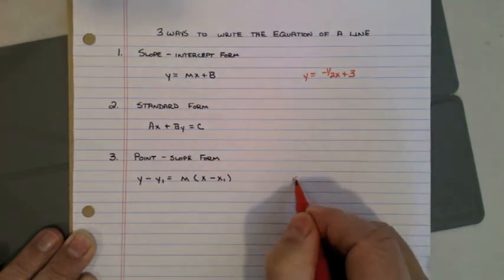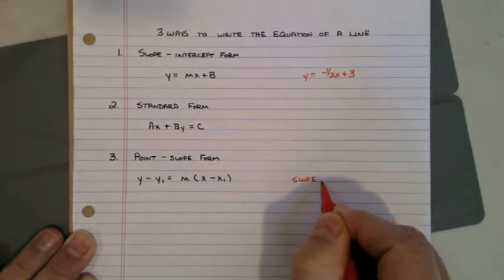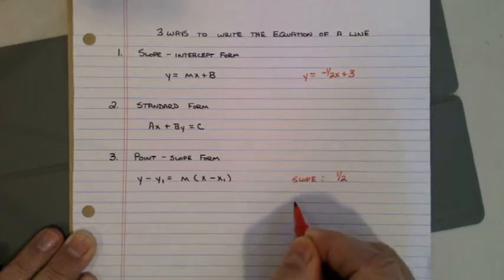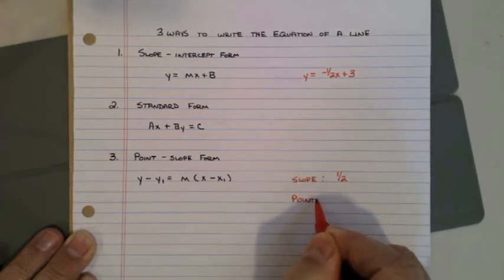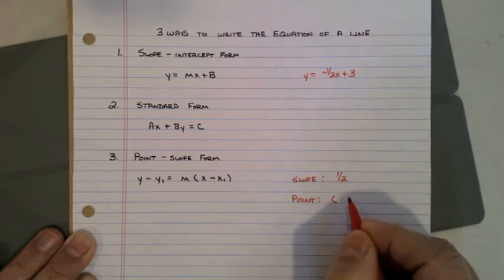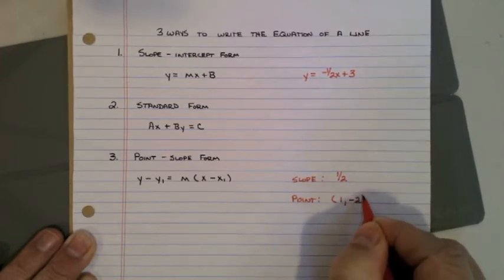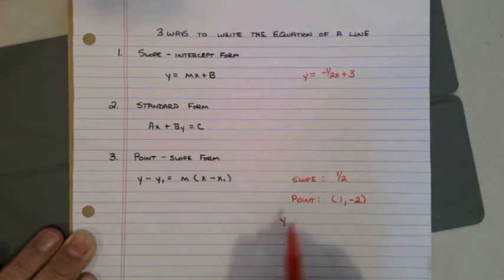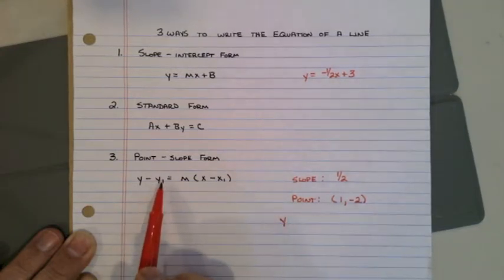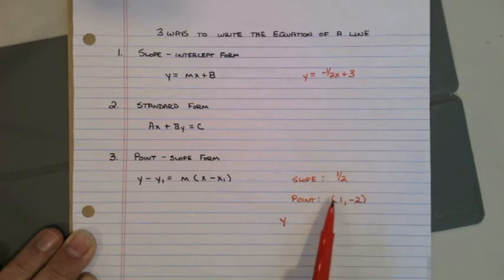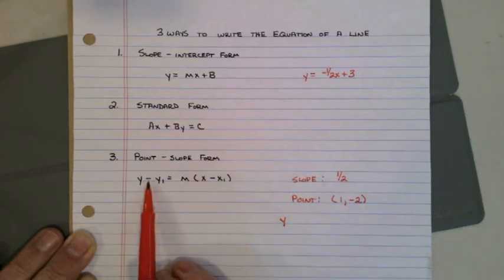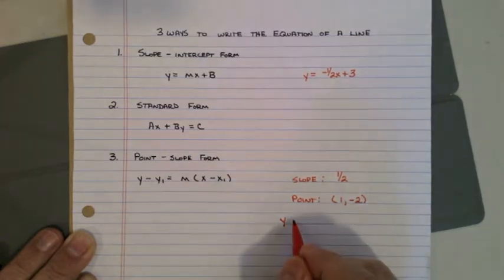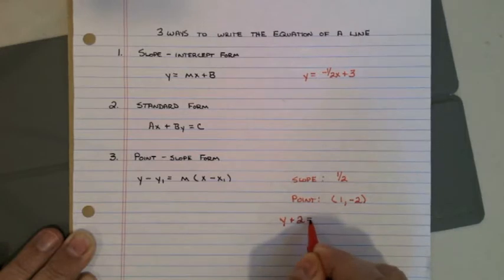So if they gave me a slope of 1/2 and this point right here, here's how I would use this formula, given this information, to write this. I would go y, because this is a y sub 1. This is where you put the y coordinate for this point. And what's the y coordinate for this point? -2. That -2 put in this formula, a negative and negative is going to make a positive,